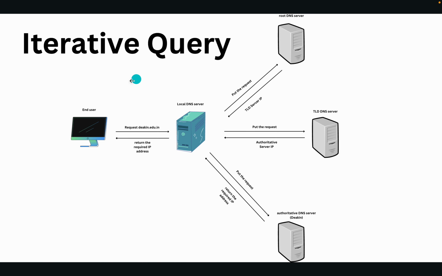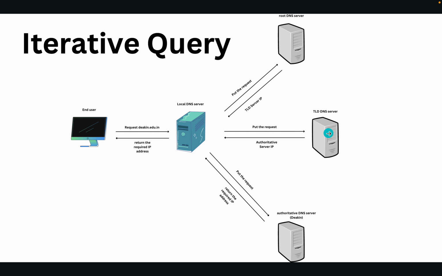Here is the iterative query. Here the end user sends a request to the local DNS server. Let's suppose that I am requesting deacon.edu.in, and the local DNS server will send the request to the root DNS server. If it doesn't have it, then it sends a couple of TLD server IPs from where we can actually find our IP address. Then we go to the TLD DNS server and put a request here,